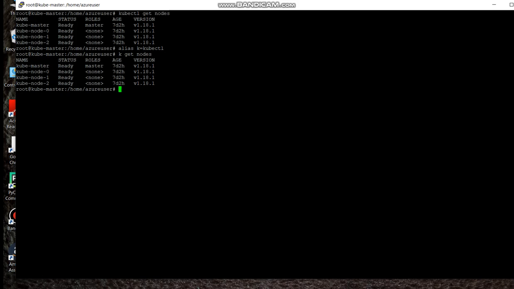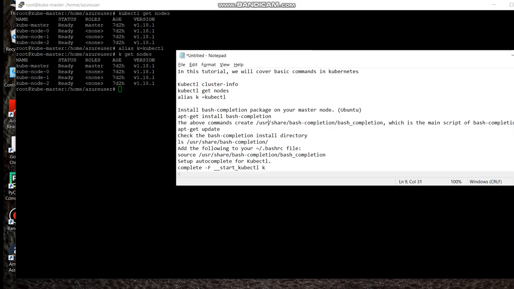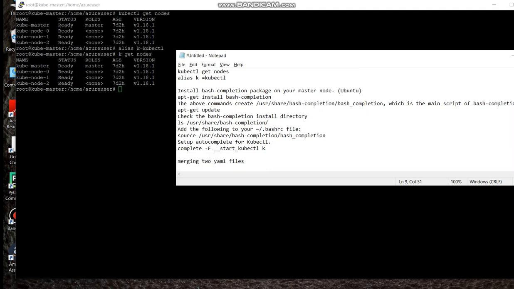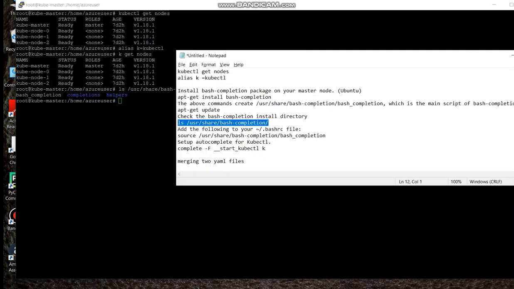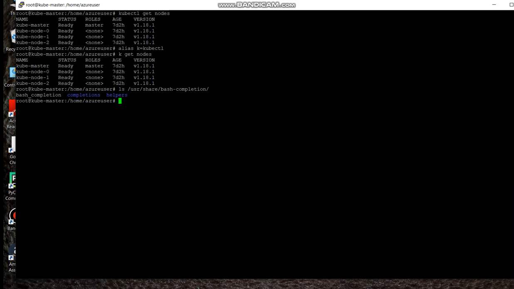Now we want it to also use the autocomplete feature, so that if we type get, it should automatically populate it, but it is not happening when we are pressing tab. Now what should we do? There are a series of commands that you need to run. First we will just see whether we have this directory present, because I had installed the package some time back. So we have a package over there, so we will be setting up a source for our bash file with this command,